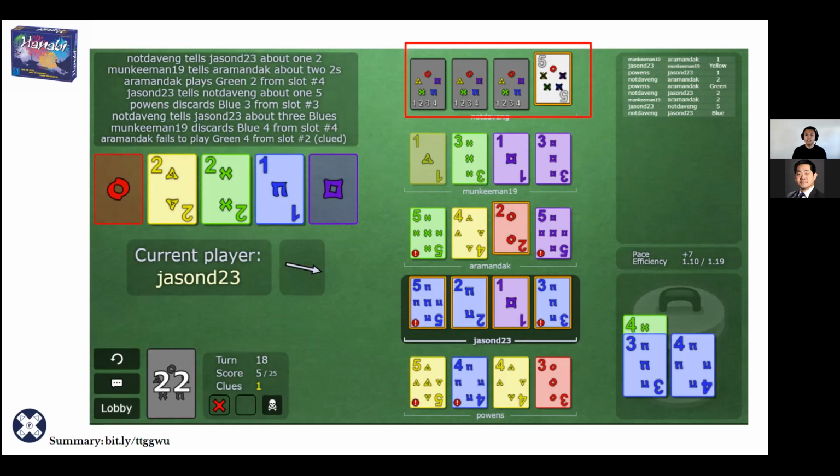And then up here, this is what your hand of cards looks like. So what I really like about the online version is this. You can see that card all the way to the right, it says 5 red. That's because based on the information that my teammates have given me, it's done some deductive reasoning for me. Based on the information, I know that it's a red card first, and it was a 5, so I know that it's a red 5.